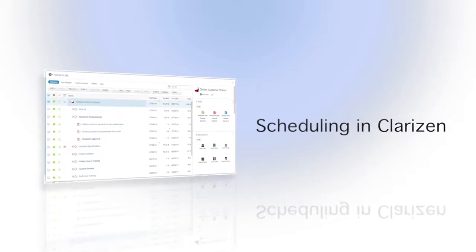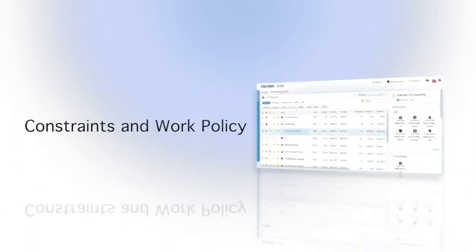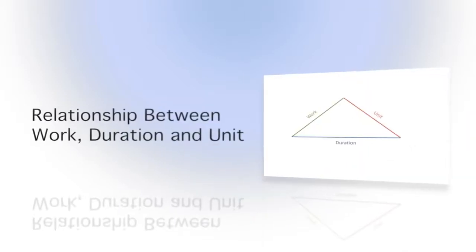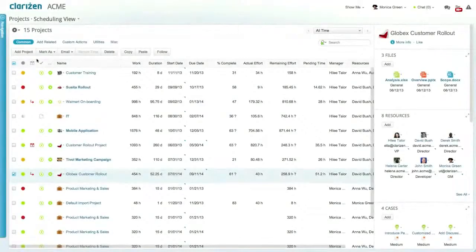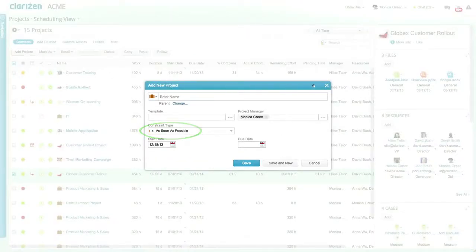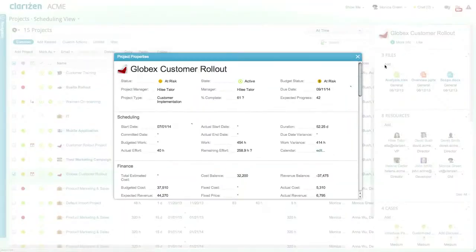In this tutorial, we're going to focus on scheduling in Clarizen. Look at the range of scheduling options available and see how using different options can affect the scheduling plans for your project. As a starting point, it's important to understand whether your project is driven by due date or by start date. This can be selected when your project is created or by going to the project properties and updating